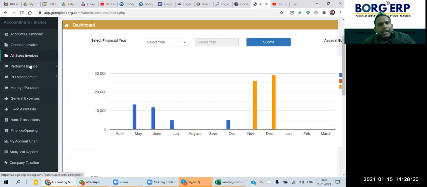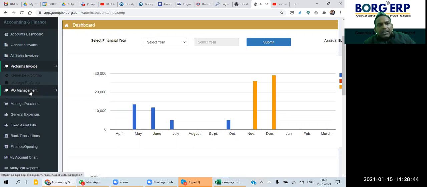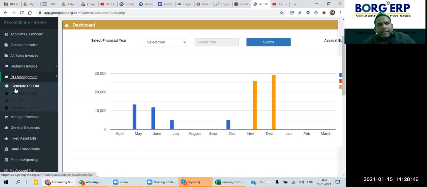And for proforma, there are two options. One is create proforma invoice, the second is manage proforma invoice. Similarly, in the PO case, PO management: generate PO out, manage PO out, add PO in, manage PO in. So just to clarify what PO out and PO in are, right?